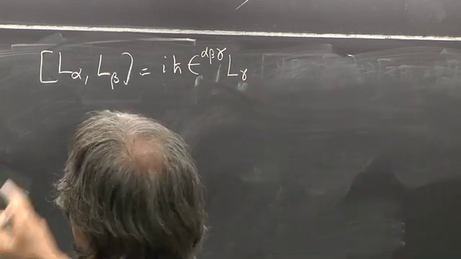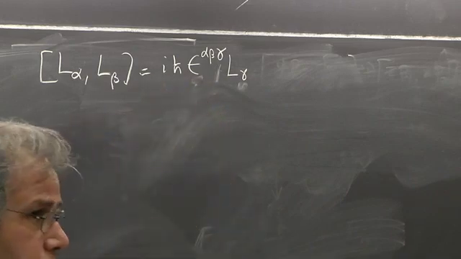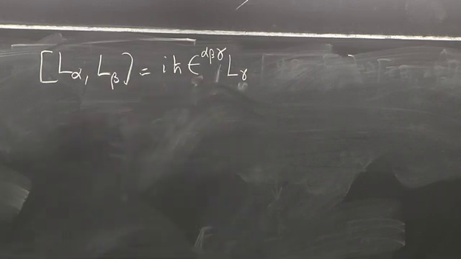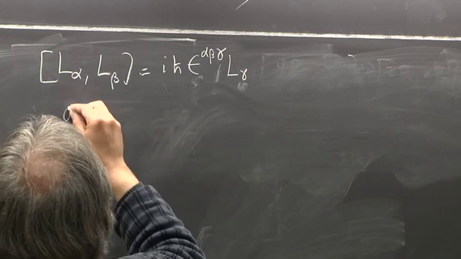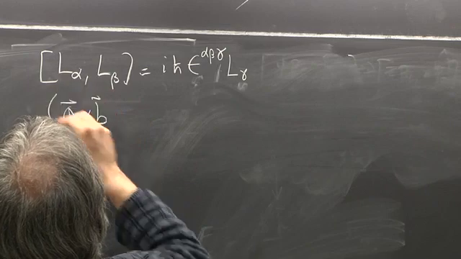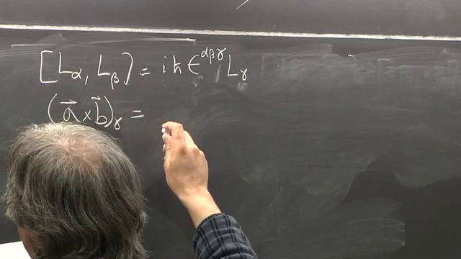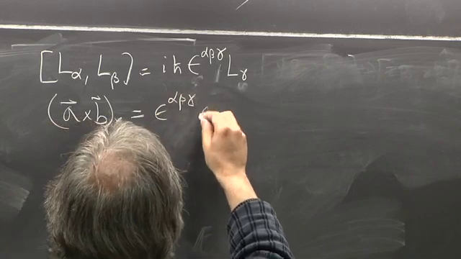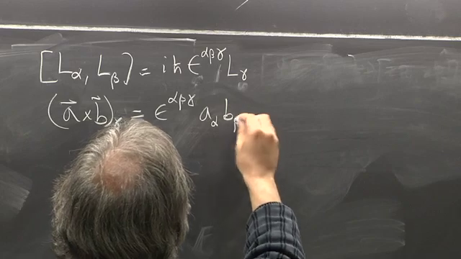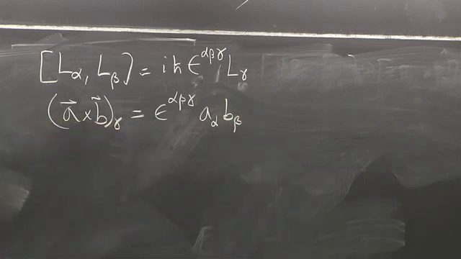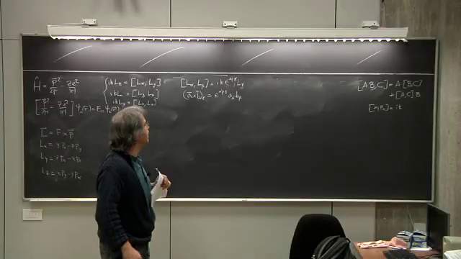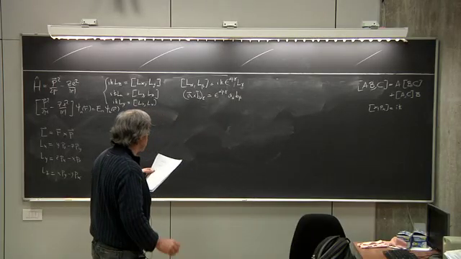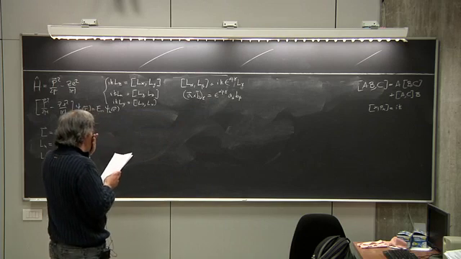The same object, by the way, appears when you do vector products of just classical vectors. So, for instance, if you want A cross B component gamma, okay, this is nothing but epsilon alpha beta gamma A alpha B beta. Okay? So the ordinary vector product is also expressed in terms of this. And sometimes when you have heavy manipulation, heavy algebra, it might be useful to resort to this object. Okay, now,